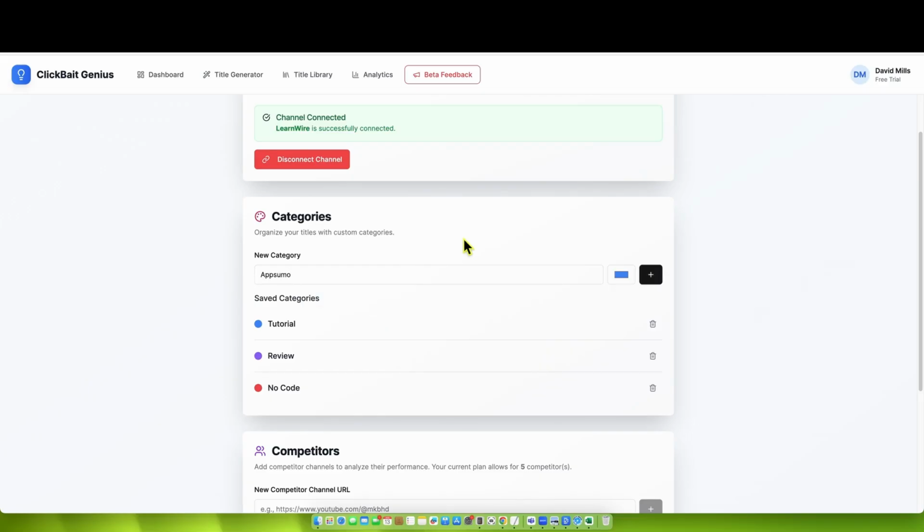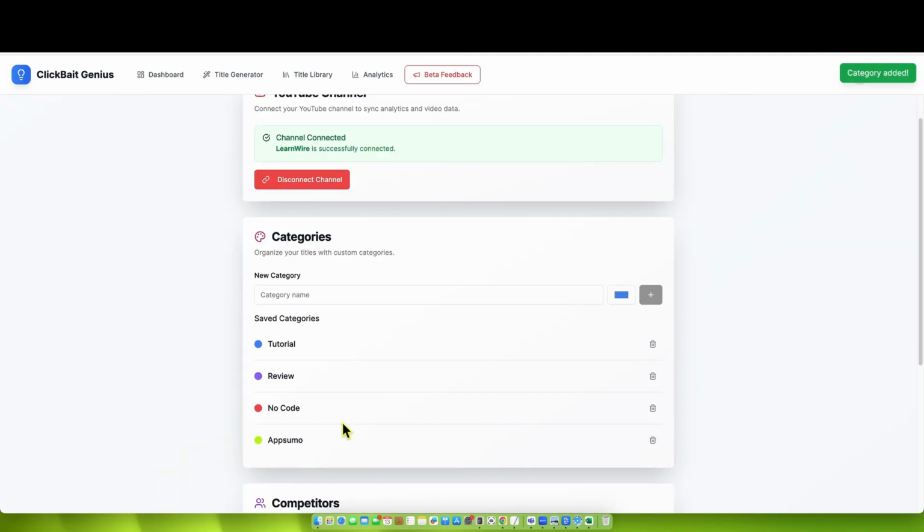If I wanted to separate out AppSumo reviews, maybe other product reviews are right here, then AppSumo reviews are right here. We can choose what color we want. So if I want to go with a yellow color, make it like that color right there. And then we're going to add this category. This adds the ability to identify from a category standpoint what types of videos or buckets you would put your videos in. That way later on, I'll show you on the analytics page where we'll be able to look in